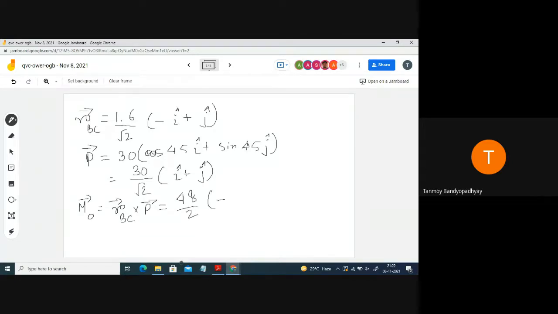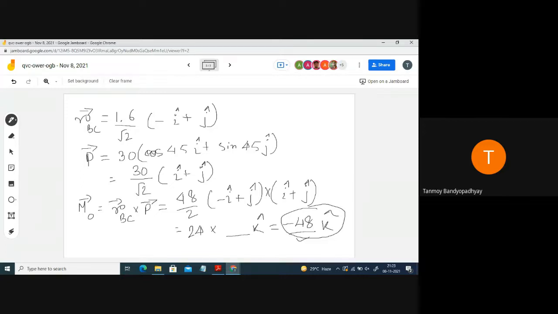And just you have to do this small cross product. So I hope now you can do it very easily. So this is cross i cap plus j cap. So just do this one and see what you are getting in k cap. Quickly do it. 48, the same answer, not 48. It will come out to be minus 48. So it will come out to be minus 48 k cap. So that means minus means it is actually a clockwise moment.